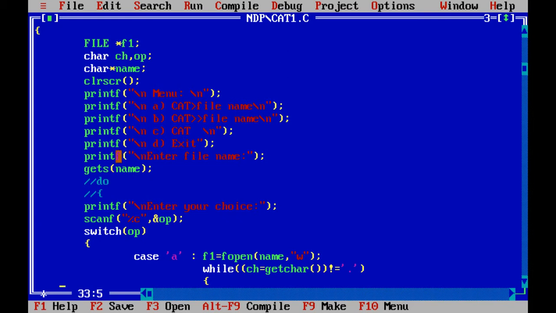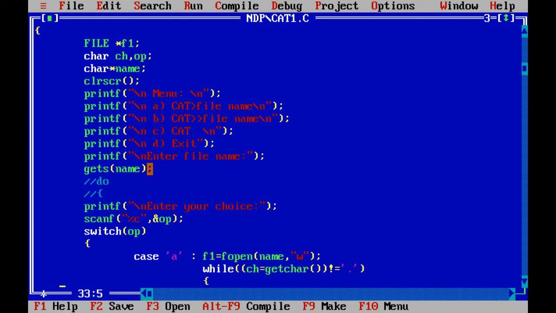Further, our code starts with the file name. We will read a file name first and then perform operations on it. I have made use of the gets function of C, where the name of the file will get stored.